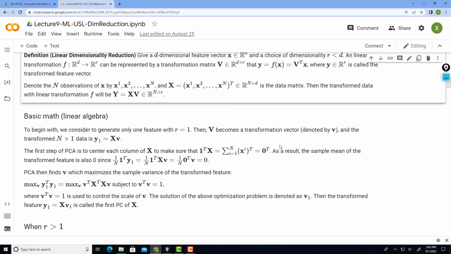But let's make things a little bit simpler. Instead of looking at R principal components, we are only going to look at the largest principal component. So we are only setting R equal to 1. V now is just a vector. V is D times R, so R is equal to 1. V is a column vector with dimension D, which is the input feature vector dimension. Then we rewrite these relationships for linear projection by this matrix vector multiplication. Because we only want to find one principal component, each observation will have only one principal component score.